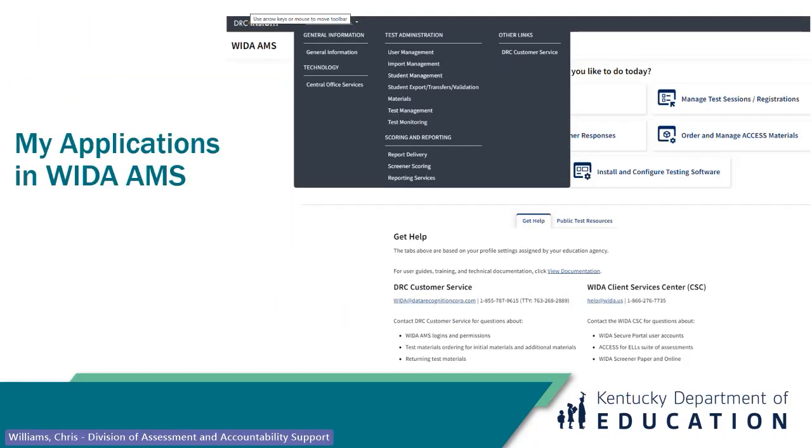Now, under My Applications in WIDA AMS, underneath the DRC customer service, you can also get to those knowledge articles. You can get help and their contact information, get to the general information tab, and, for your technology people, get to the central office services and all of the tabs: user management, student management,